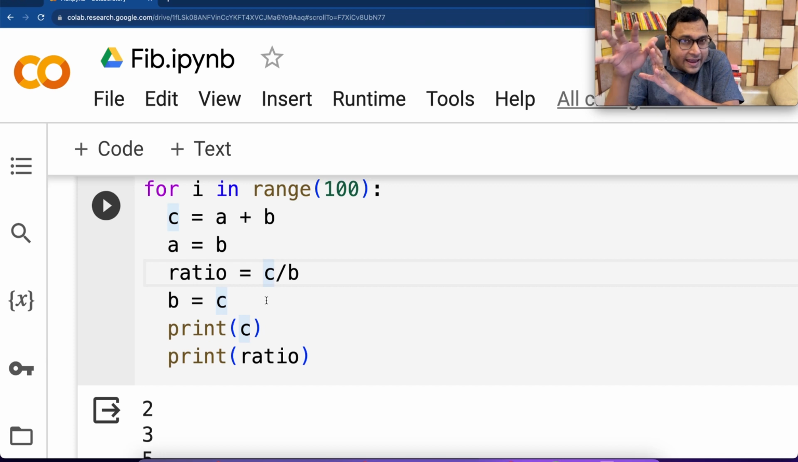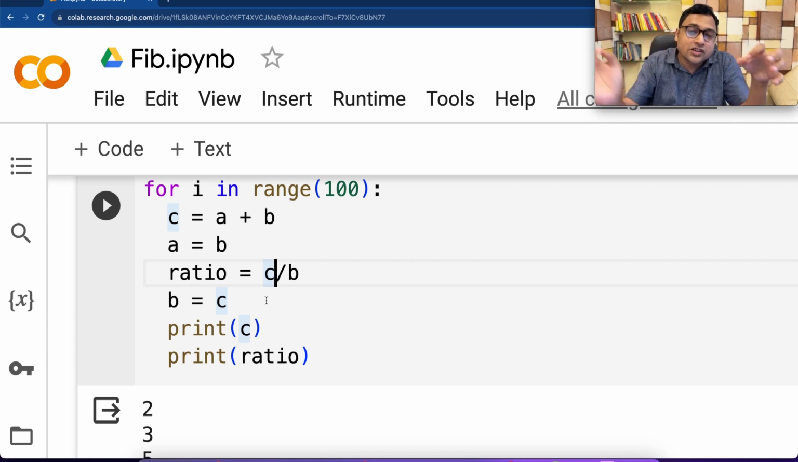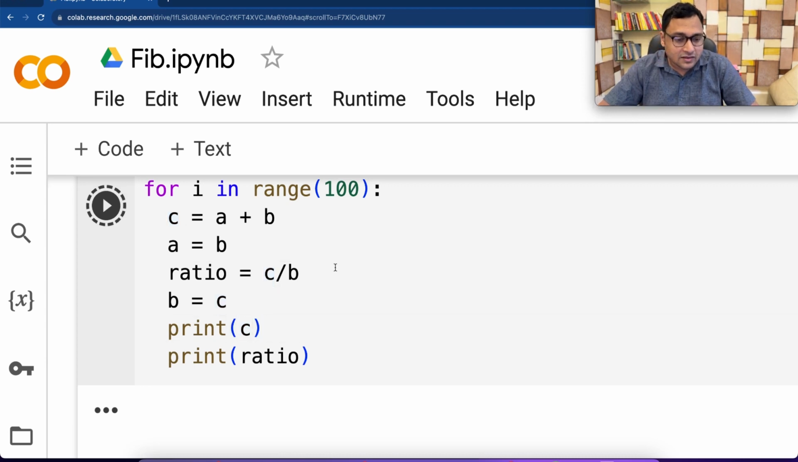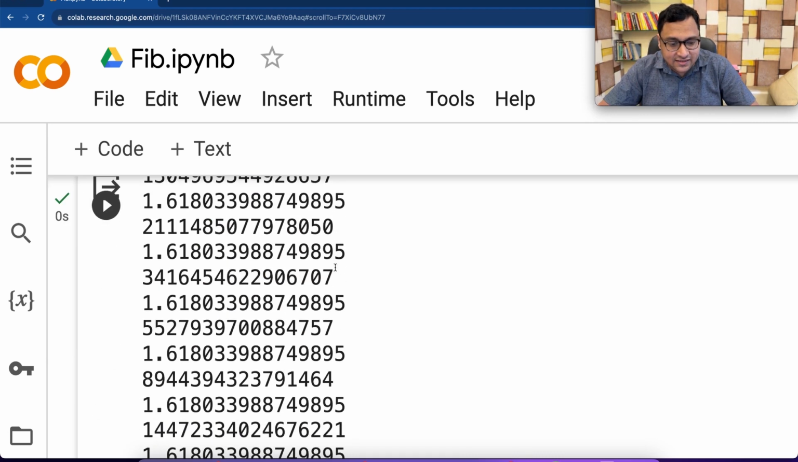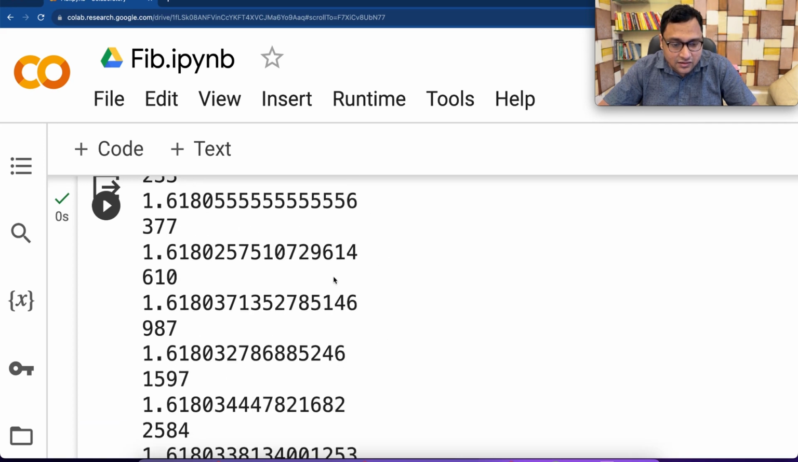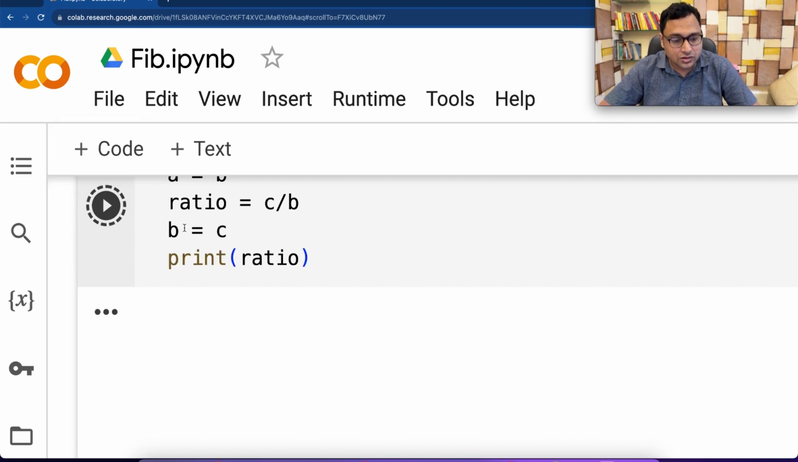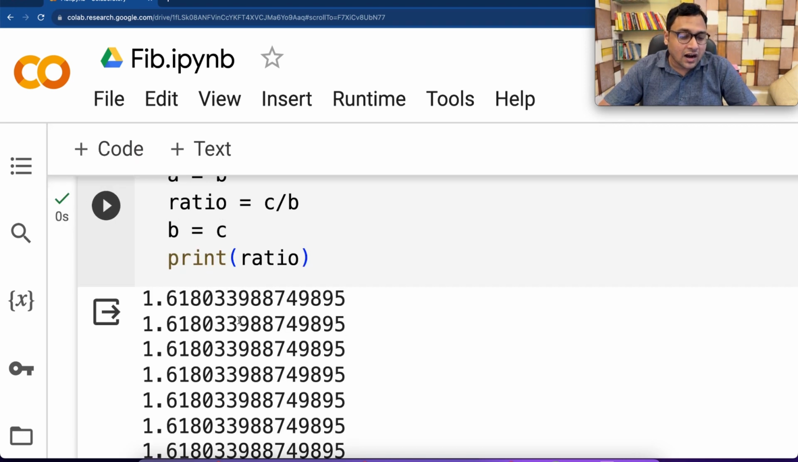I hope you are getting the main idea of a variable in algebra. It's a blank in which we can put values and those values can get updated. Okay, so let's see what we get. So if I refresh this, you will see. So let's do one thing. Let's not print C anymore. Let's just print the ratio. So the ratios are